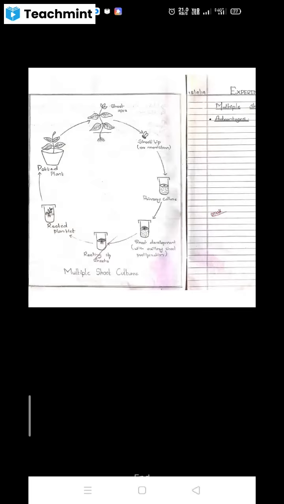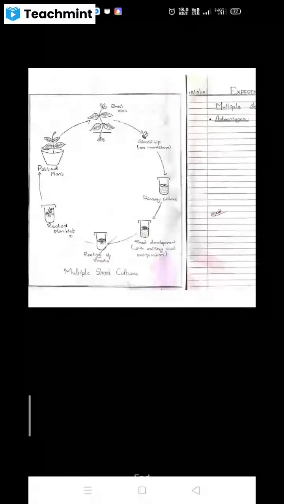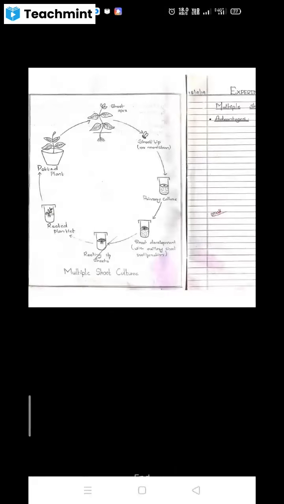Then we can cut this callus into small sizes, and again we can reculture this callus on new medium, and we can grow this callus in the test tubes. Then again all this procedure will be carried out under aseptic condition. Then again we can keep the test tubes in incubation. So after 3 to 5 weeks there will be development of the shoots and roots will take place.